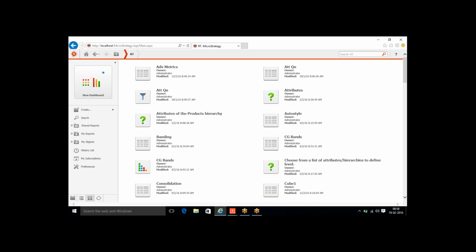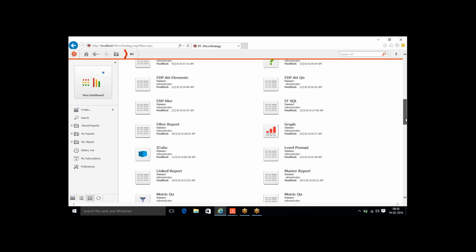You can select the report you want to subscribe. You can select the format: either you send it as an email, or you send it out to your printer, or you send it as a file. You can select the corresponding subscription and the corresponding schedule, and that's it. Whenever that schedule is triggered, that is Monday morning 10 a.m., my subscription will automatically get kicked off. So now let me come back to MicroStrategy, and if I want to schedule my dashboard,